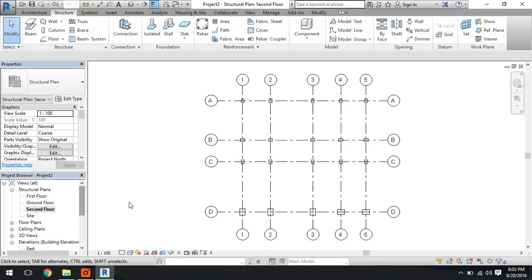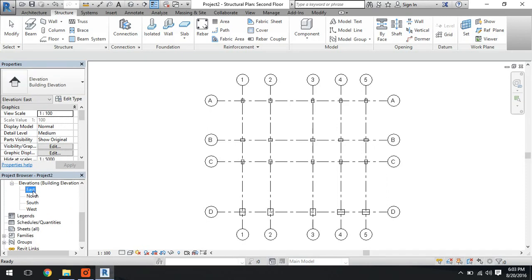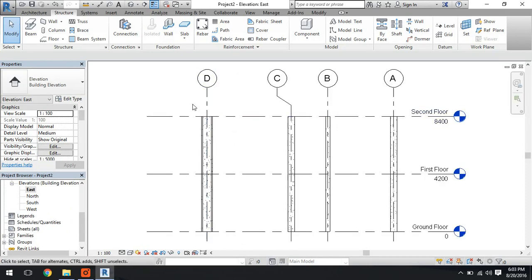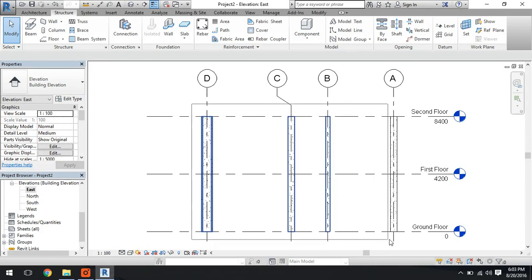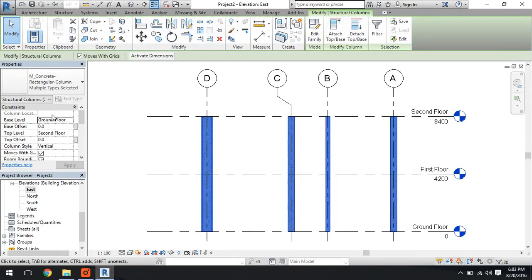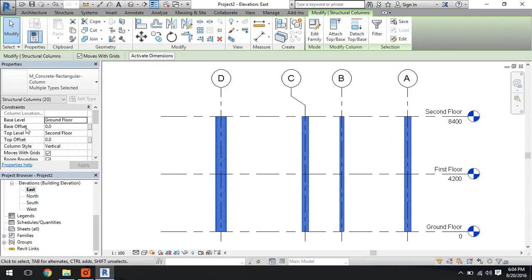Now, this entire action could also be done in the plan view, but just so we know what's actually happening, we could select these columns and modify the base offset and the top offset for these columns. So let's say I want to decrease the elevation at the base. So I'm going to enter